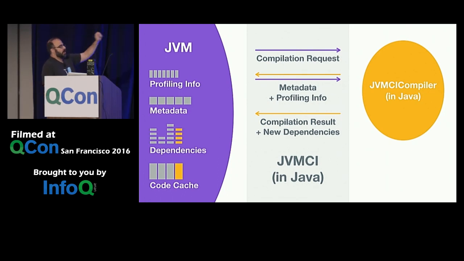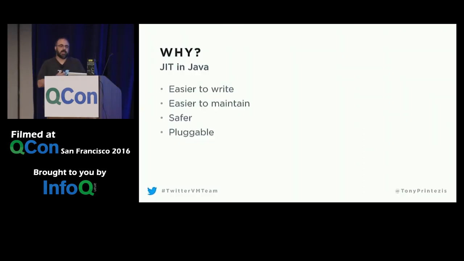And what I tried to say earlier is that a lot of the interaction is not like, compile this method, okay, here's the result. The result is usually a byte array: it returns the machine code in a byte array. So a lot of the complexity of JVMCI is just the interaction between the compiler and the JVM, when the compiler needs to get metadata information and profiling information from the JVM, and here is the set of dependencies that you have to add to that method, etc. So this is where a lot of the complexity for JVMCI is.